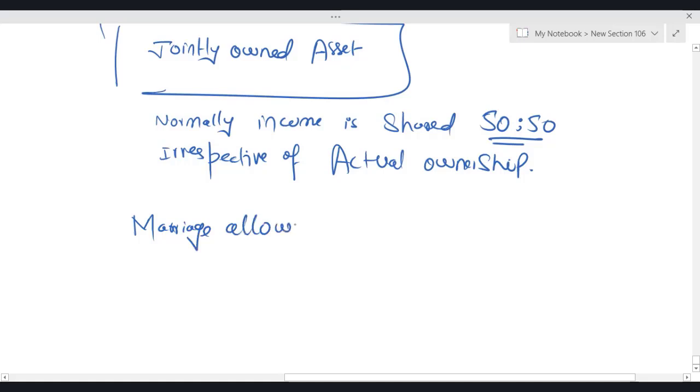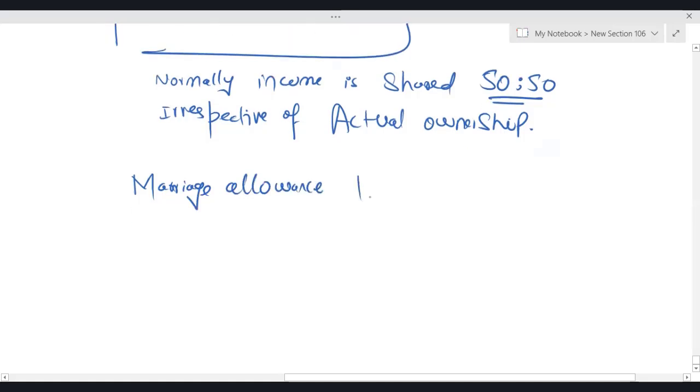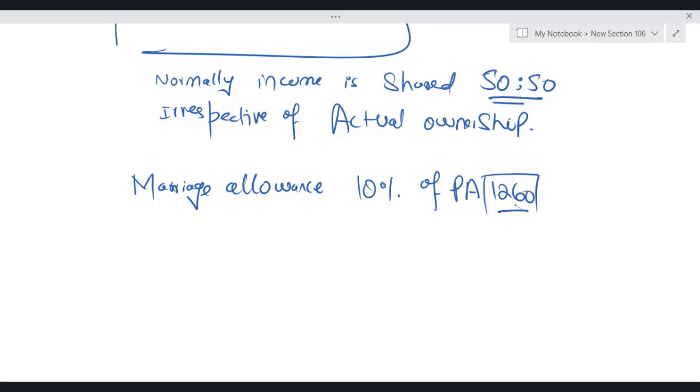Marriage allowance: 10% of personal allowance, which is 1260. Obviously, if you go for exact 10%, it will be 1257, but HMRC says no, take 1260. Marriage allowance, that is 10% of personal allowance, 1260,